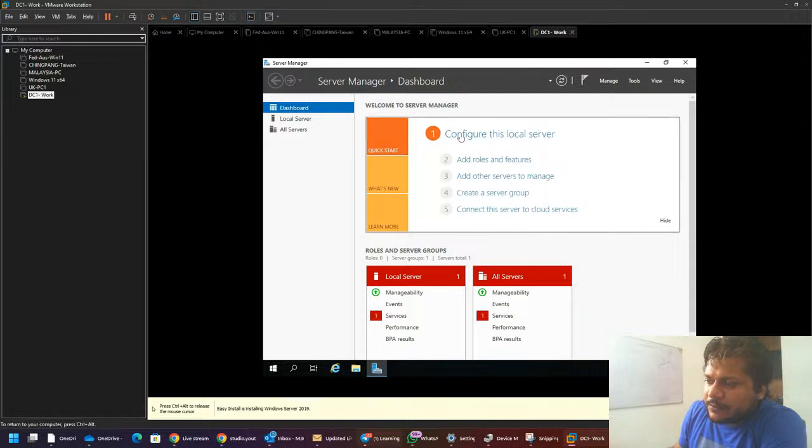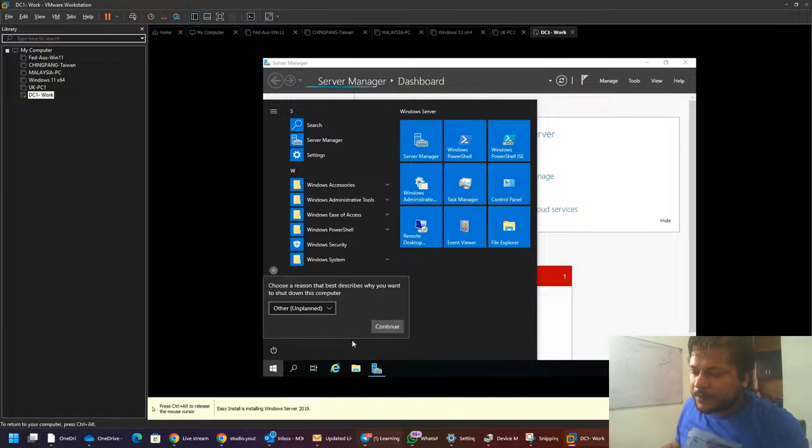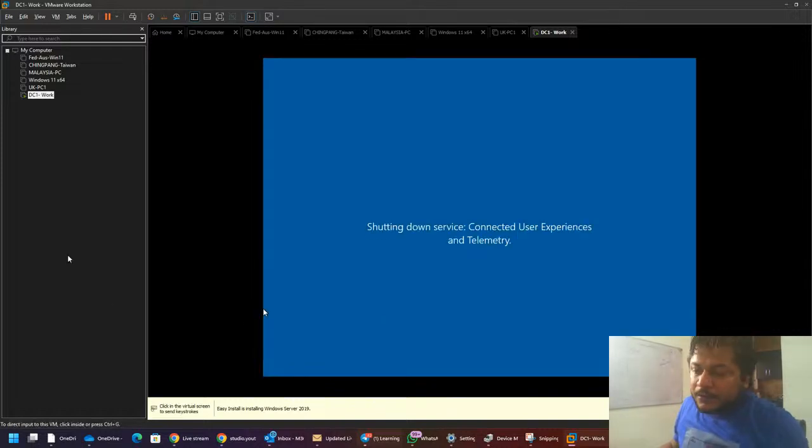Now this server is configured, right? Before we move to the next steps, I want you to shut down the Windows server, because if this server is running, it will slow down the installation of your client machines, and that's where we need to reduce the RAM that is assigned to the server. So I'm just going to shut down this server. I'll turn it on once my machine is up and running.